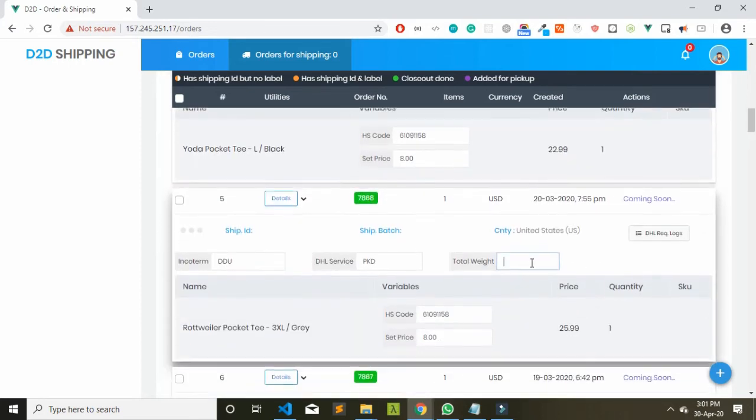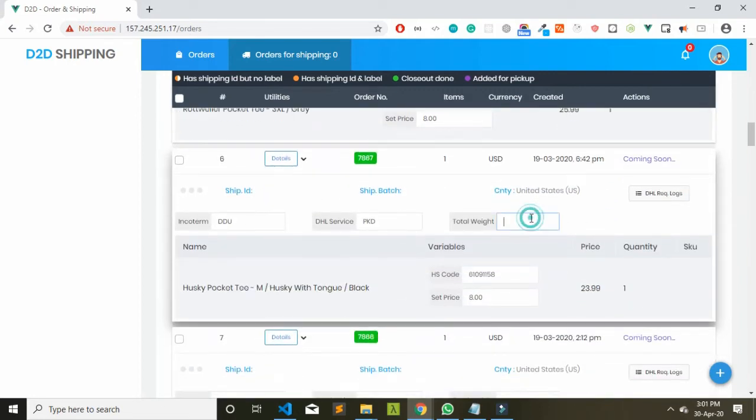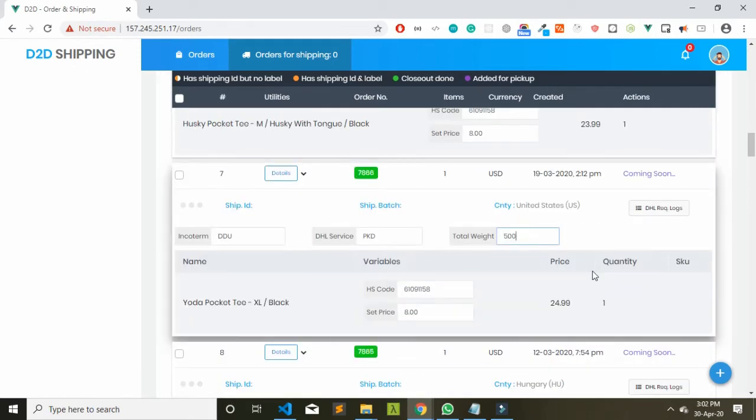When you paste a value over here, you have to just click outside and there will be a tick mark that will come. It specifies that the value was updated in the database. Okay, so I will come back when it is all done.